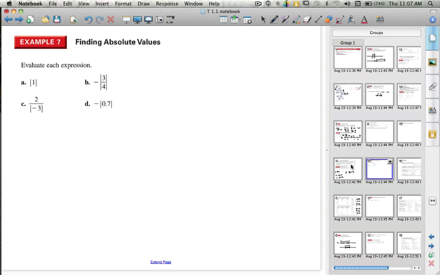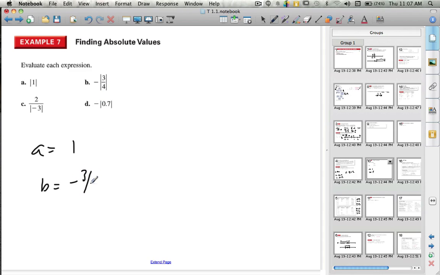If we want to take a look at absolute values, in a, the absolute value of 1 is 1. In b, the opposite of the absolute value. So this is important. Absolute value in order of operations is basically going to function as parentheses. So I'm going to do it first. This minus sign on the outside, that is like multiplication by -1. So I'm going to do parentheses and then multiplication. So this